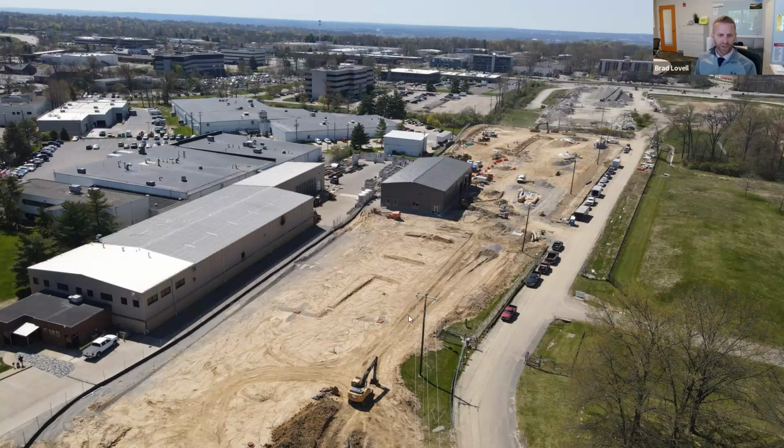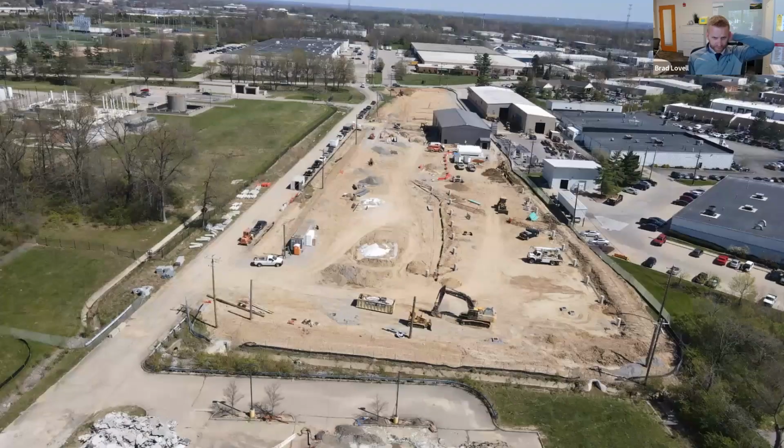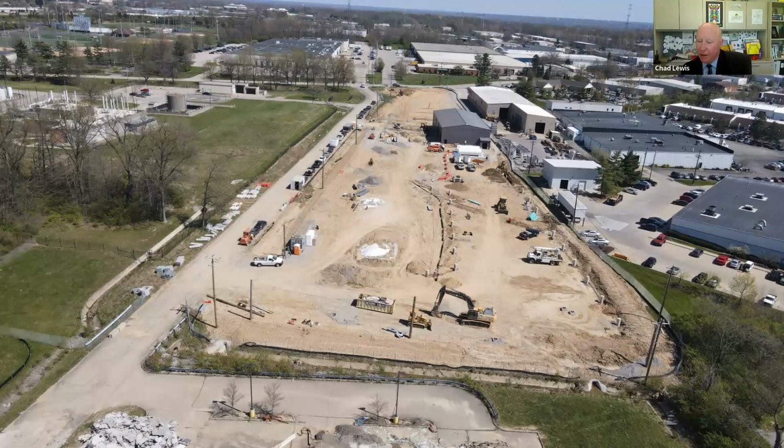Mr. Lewis, is there another picture here? There we go. You can see just another angle, how that sits there on the property. And I think it goes without saying that this is a significant upgrade to the property that we had previously on the junior high, in addition to the facility that we're going to be able to house all of our staff for transportation. Is there another picture there, Mr. Lewis? And Mr. Lovell, I would say it's a tremendous upgrade, not only for our district,